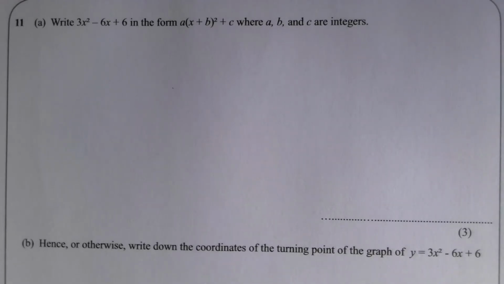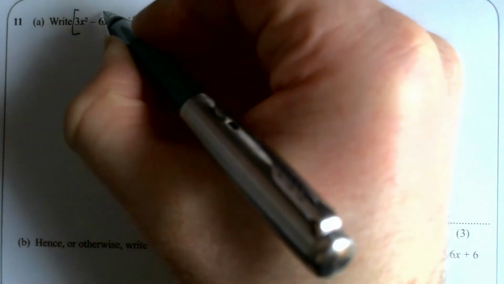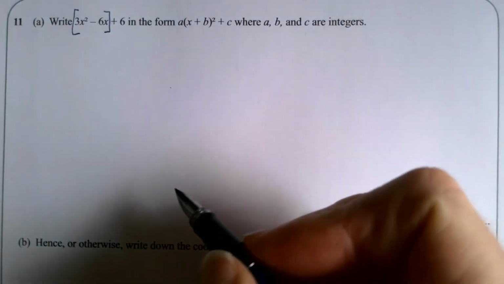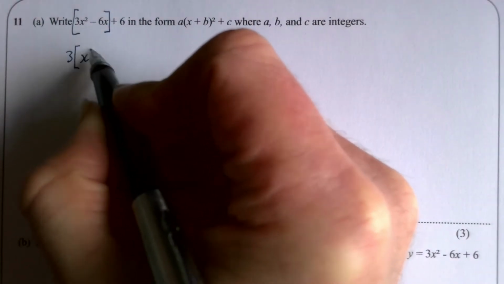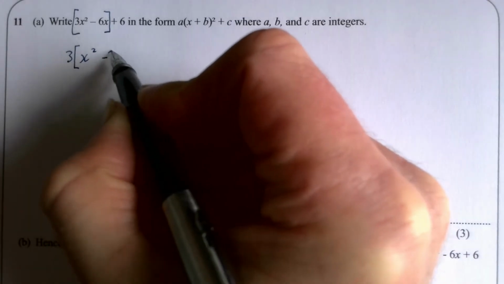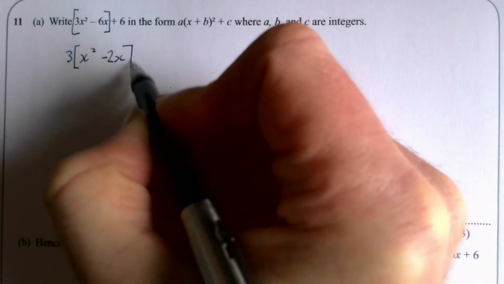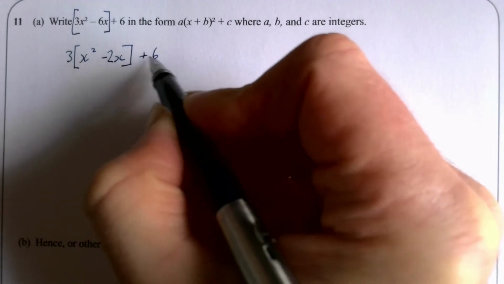So now we need to practice this a little bit more, and they might get a tiny teensy bit trickier as well. It doesn't have to be 2 as your coefficient. That's what's happening here. So pause the video and give it a go. So I'm just going to start off by putting my square bracket around there, and then say, right, I'm going to take the factor of 3 out of there. x squared, 3 2's are 6, so 3 times x squared minus 2x, and then plus 6 is going to be